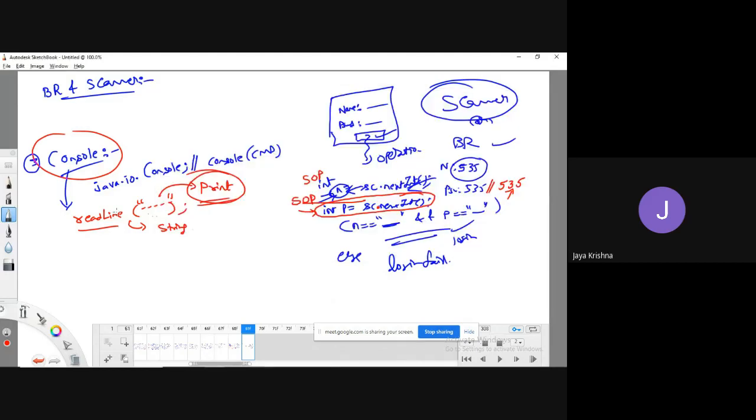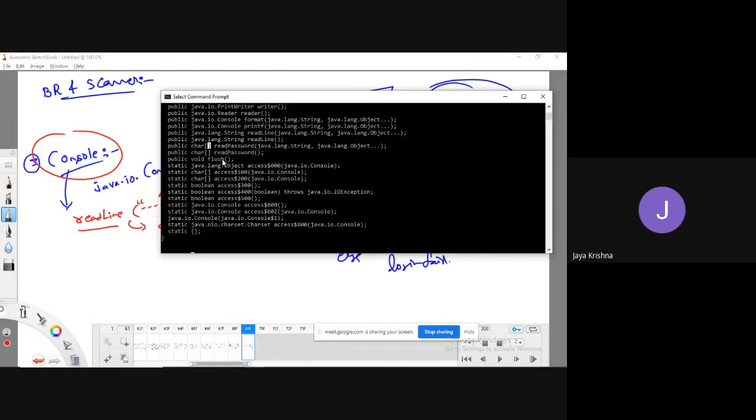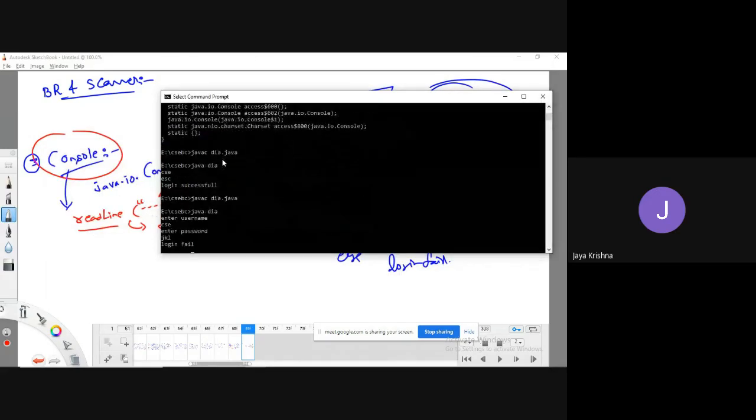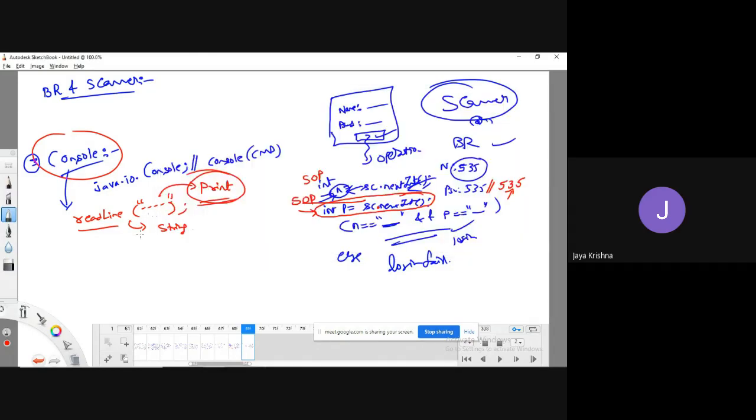In the previous example, while entering the password, was the data encoded? No. Whatever data you entered, JKL, is directly visible to the third person.